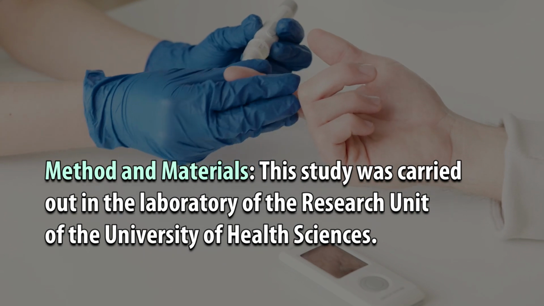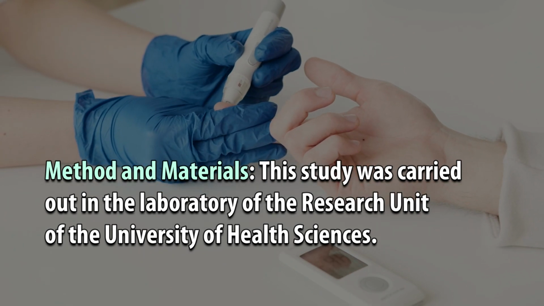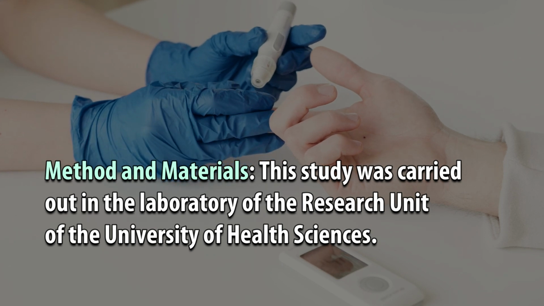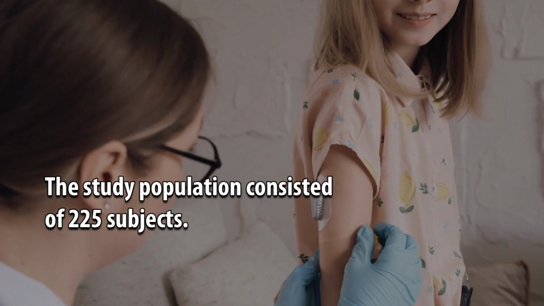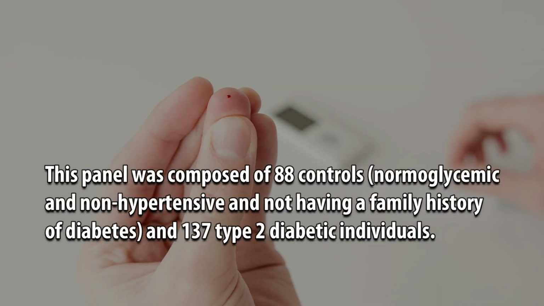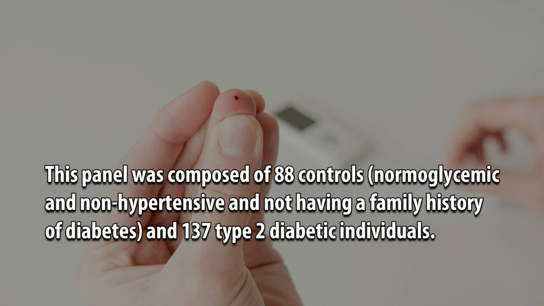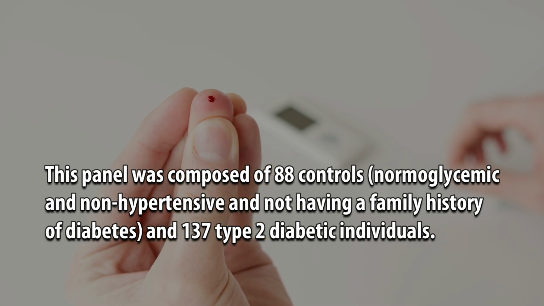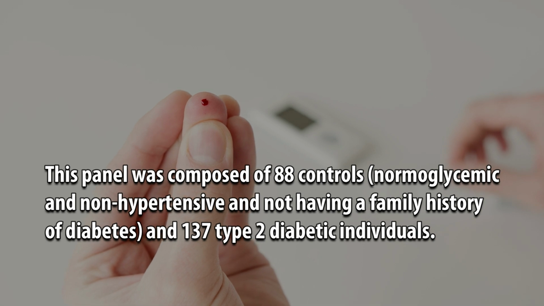Method and materials: this study was carried out in the laboratory of the research unit of the University of Health Sciences. The study population consisted of 225 subjects. This panel was composed of 88 controls, normoglycemic and non-hypertensive, and not having a family history of diabetes, and 137